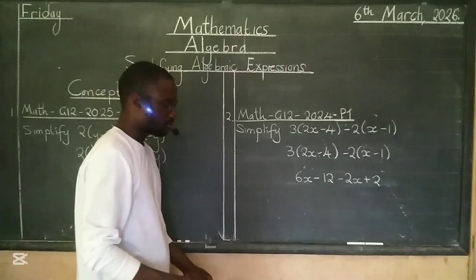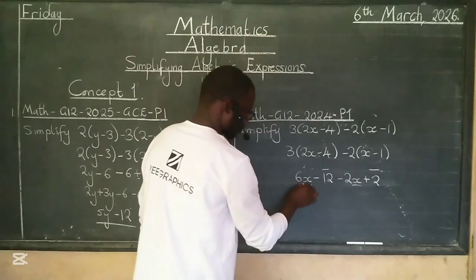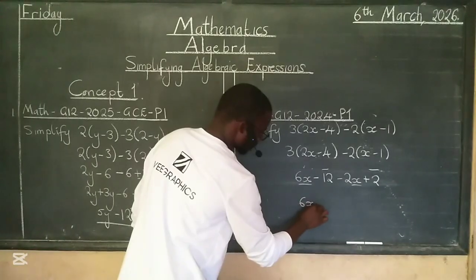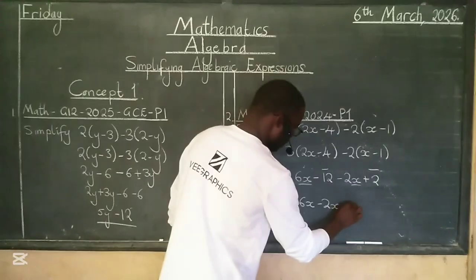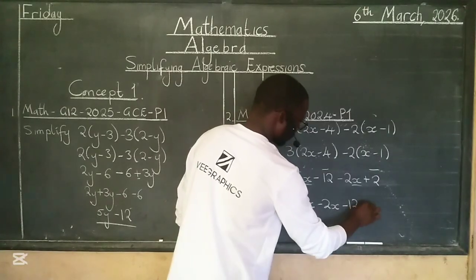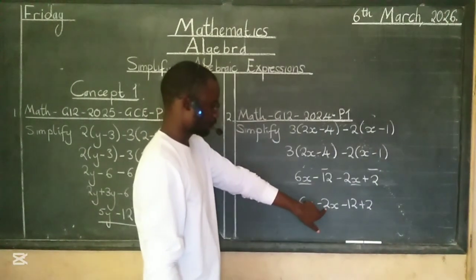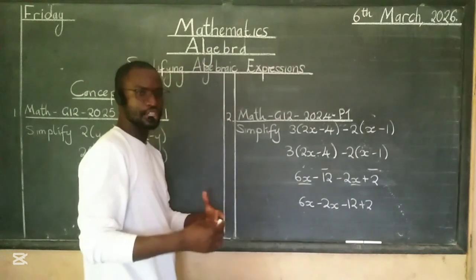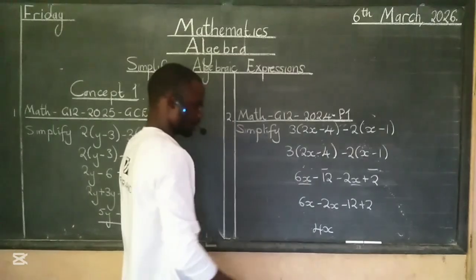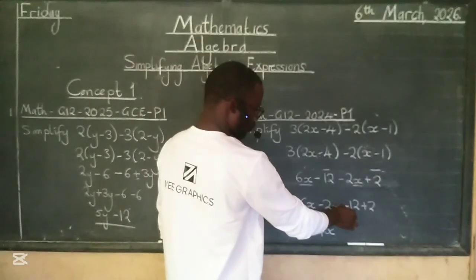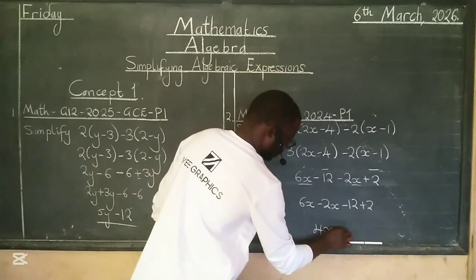Then I collect my like terms, this with this, that with that. So this and that will be 6x minus 2x. Then this, I take it with its sign, minus 12 plus 2. Here, 6x minus 2x. Just think of it as 6 minus 2, which is obviously going to give us 4x. Then, negative 12 plus 2. For negative 12 plus 2, we are going to get negative